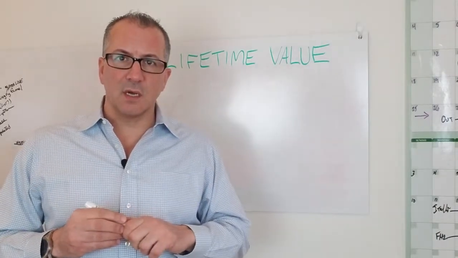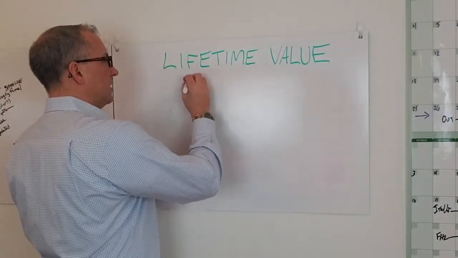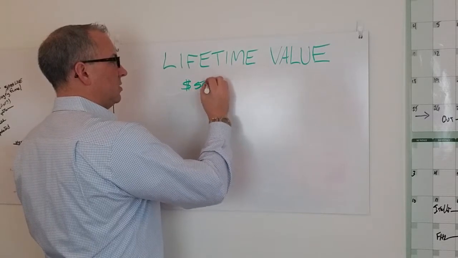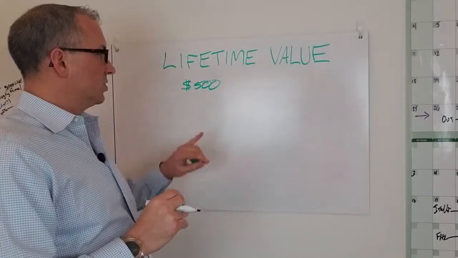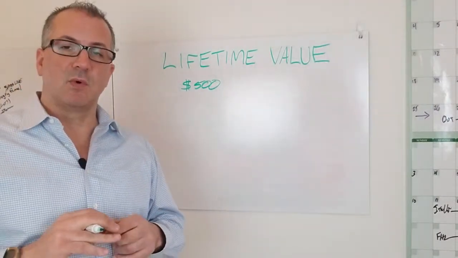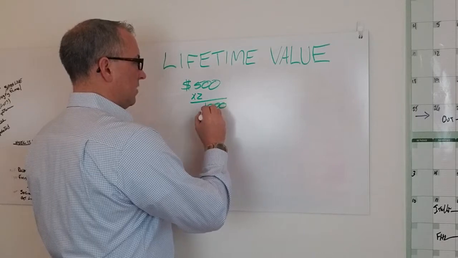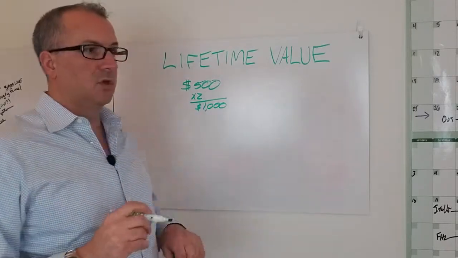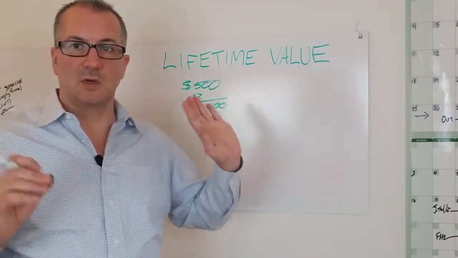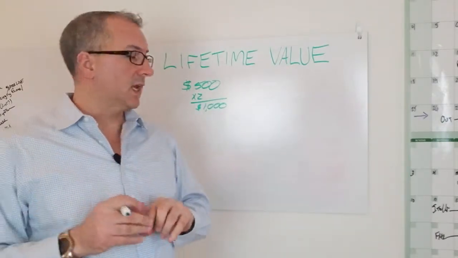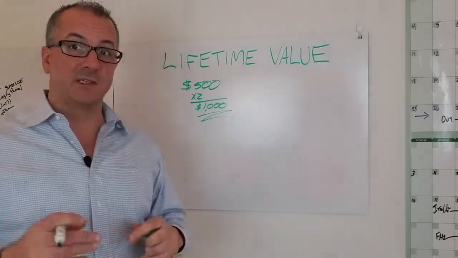So let's have an example. Let's say somebody spends $500 on a transaction in your clinic or your practice. A lot of times people will just say, oh, that customer's worth $500 to me. Well, let's assume they come back twice a year. If you're a good doctor, and hopefully you are, your patients are returning to you. So let's be very conservative. Let's say $500 twice a year. That initial transaction is $1,000. So a lot of people will say, oh, well, this person is worth $1,000 to me.